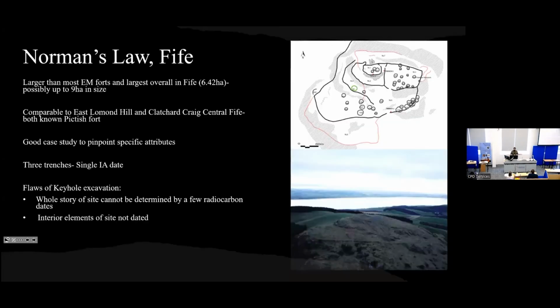We also dug Norman's Law in Fife. This is the largest fort in Fife. It's said to be 6.5 hectares, but looking at it in our ArcGIS, there seems to be a possible unrecorded enclosing element below it, making it up to 9 hectares in size. It's comparable to East Lomond Hill and Clatchard Craig, which are both known Pictish early medieval forts. And this was a good case study to pinpoint some of these